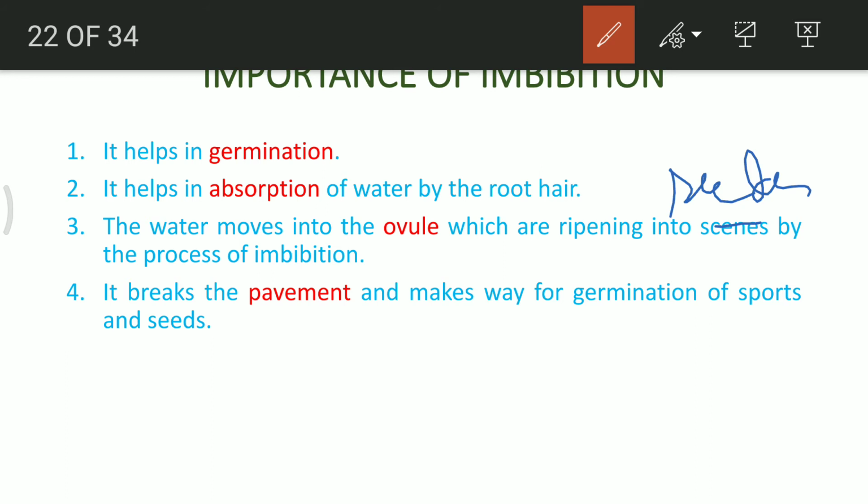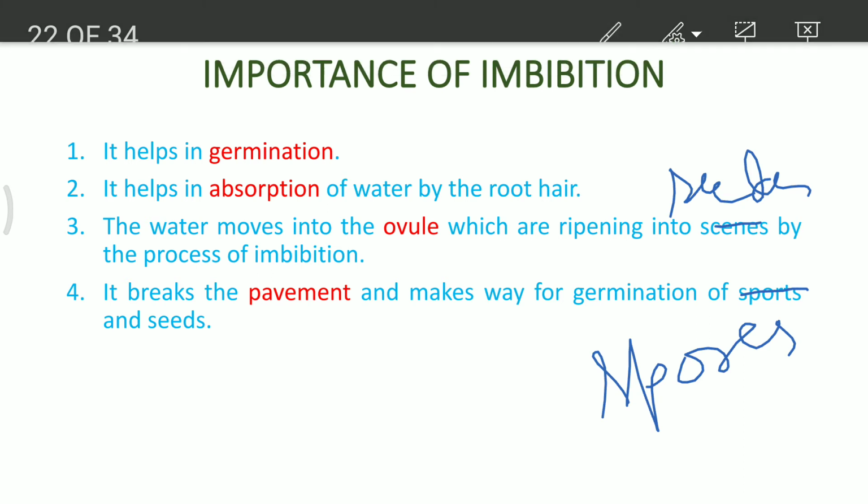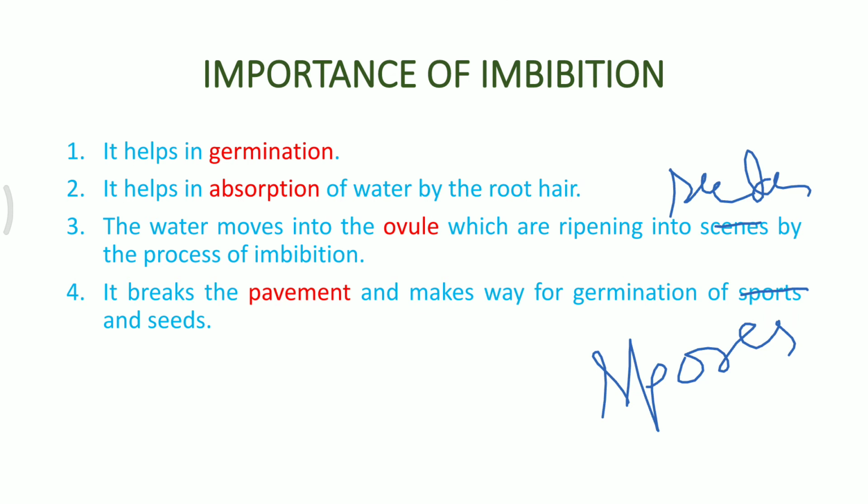The next one is, you may have seen that on the pavement, on the road, there is growth of, one more term you should change, spores. It is the growth or germination of spores or seeds on the pavement, that the spores or the seeds germinate on the roadside or in the rocks. It is because at first imbibition occurs within them, and then they start germinating, and because of that we see some cracks developing in the rocks or in the pavement.